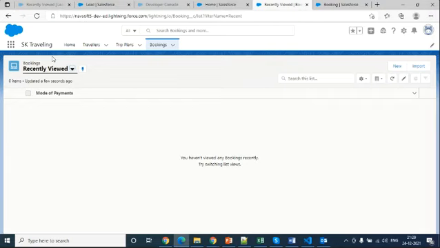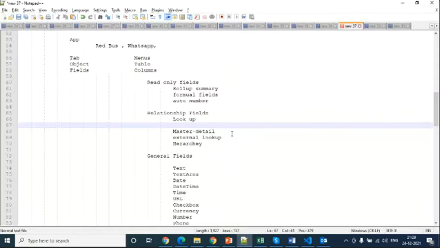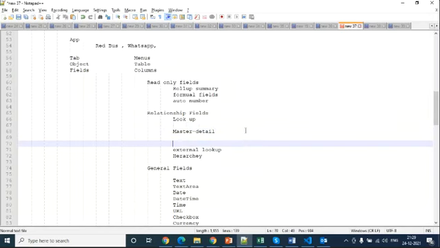For that we have to maintain master detail relationships between three objects. That means one child object and two parent objects, that is called a junction object. A junction object sits between one child and two parents.